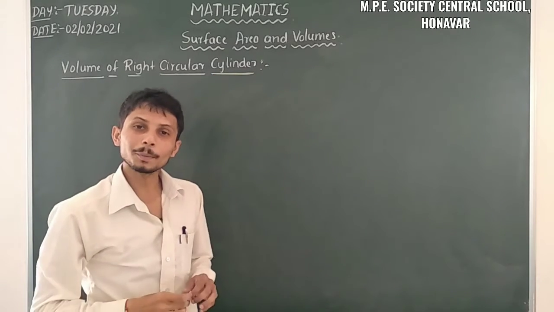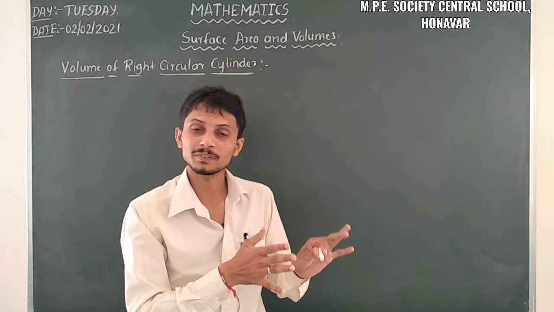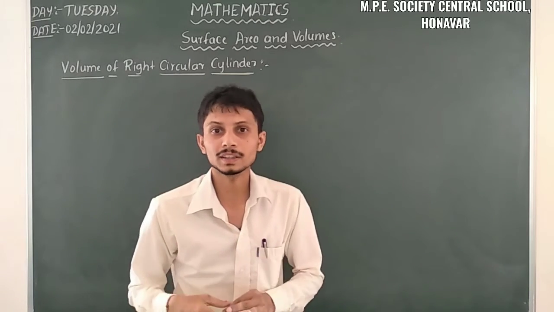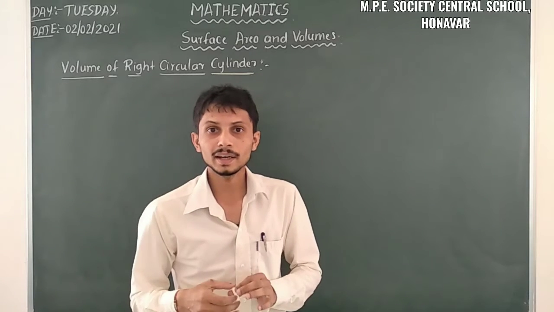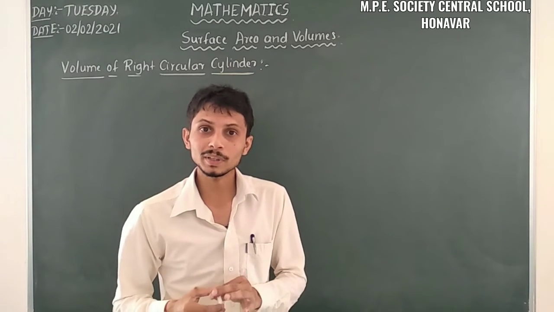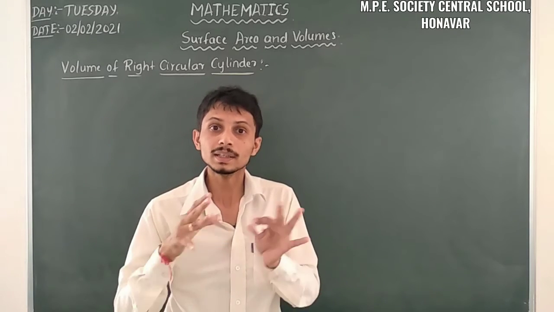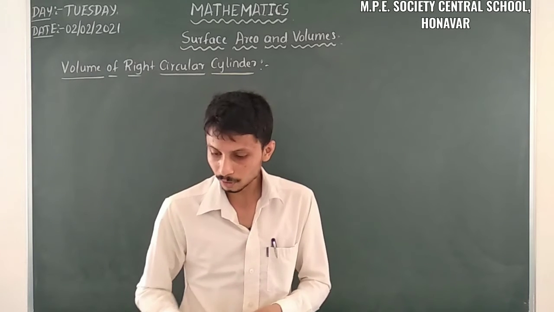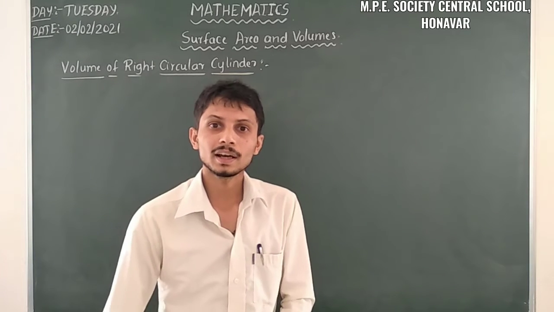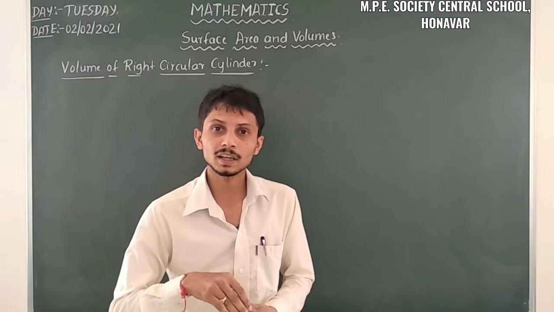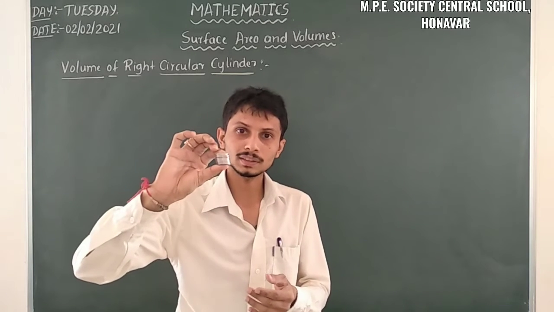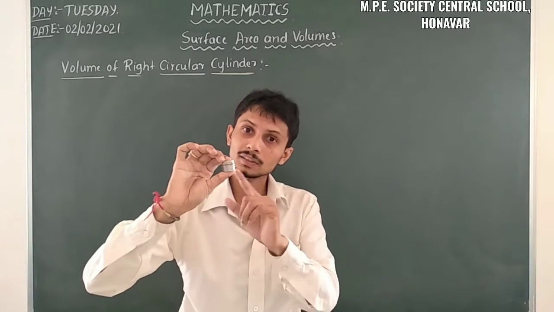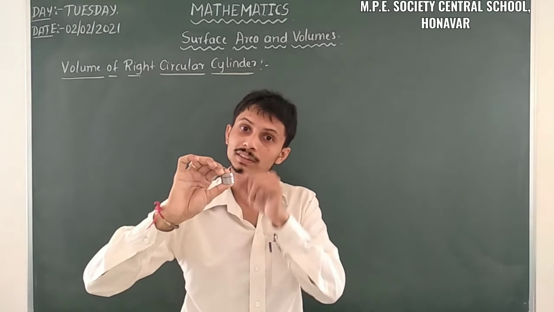Yes. So you already know about the right circular cylinder, from the case of surface area of a cylinder. In that case, I demonstrated how we can construct that cylinder using a rectangle. And here we have to discuss the volume, so we have to take the inner part also, whatever space we have inside. For that we have one arrangement here already. I used this arrangement in the case of surface area of the cylinder also. Here some coins are placed one above the other. In the case of surface area, the outside part has to be considered, but here we have to consider the inner part also.